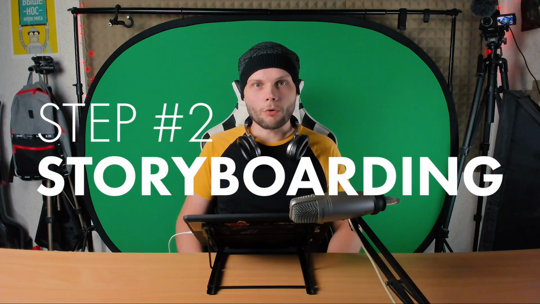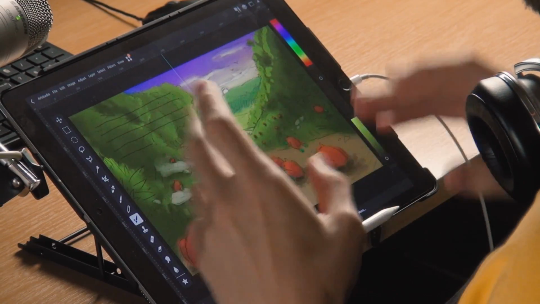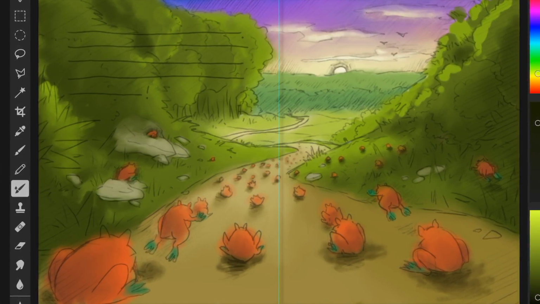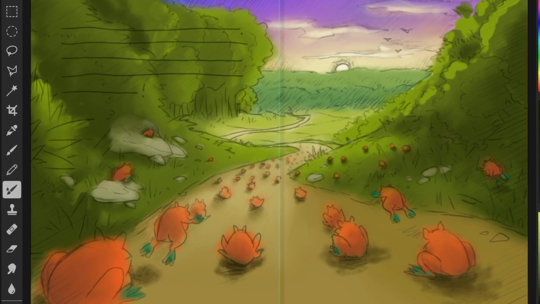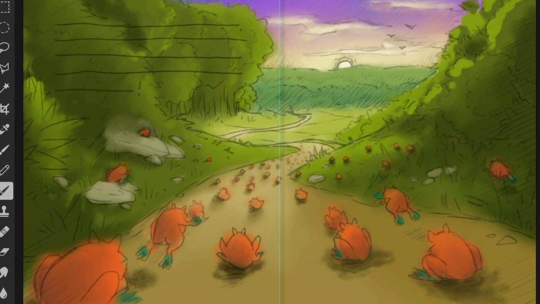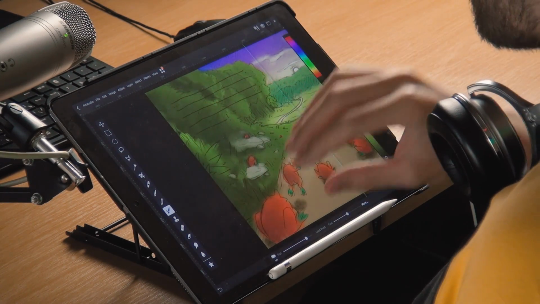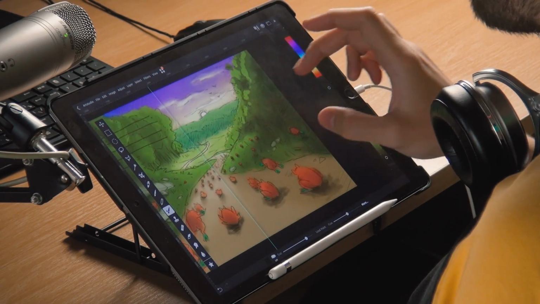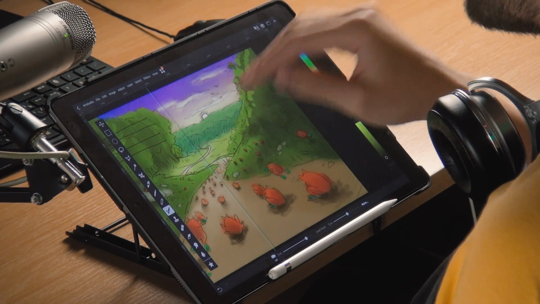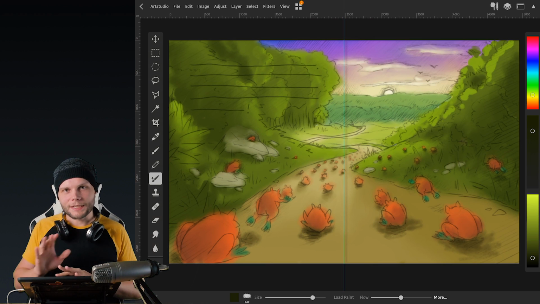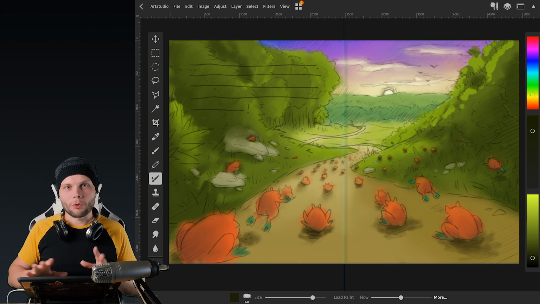Step number 2, storyboarding. Where is it? Locate things in space and on the canvas. In my case, I have the sketch that generally defines the idea correctly. I will have the road in the middle and the forest on the sides and another forest in the distance closer to the middle. I need to make sure that on the first page I have enough details of the frogs and the forest, and on the right page I have the beautiful sunset, distant forest, and also the road with the frogs. So pretty much my old sketch is still working out pretty well as a storyboard kind of